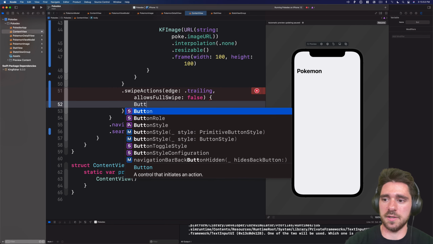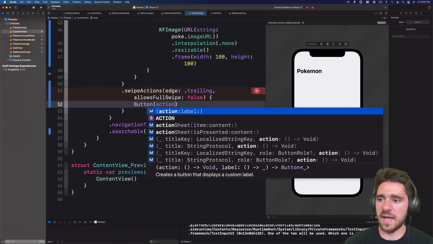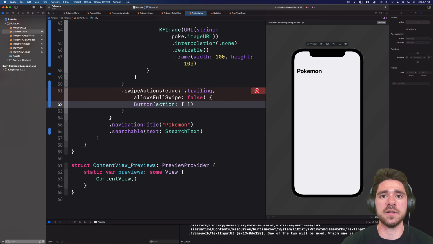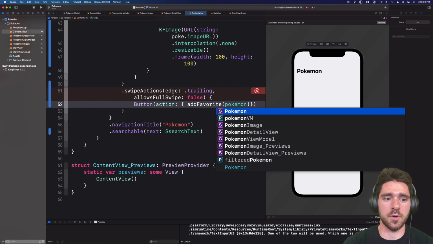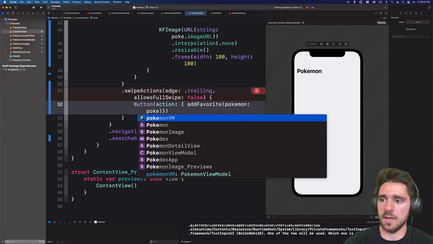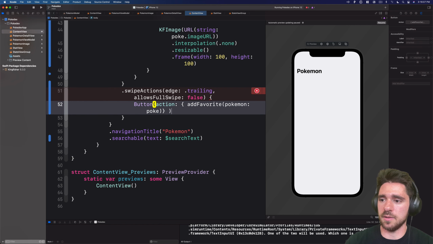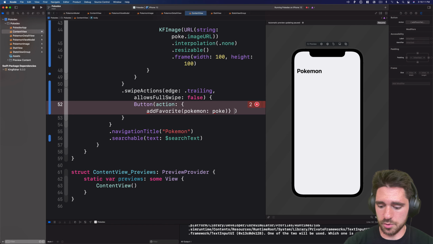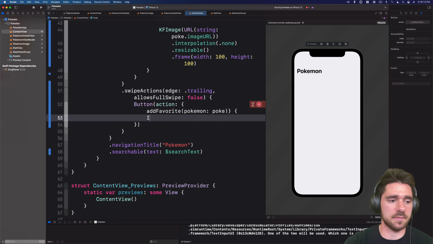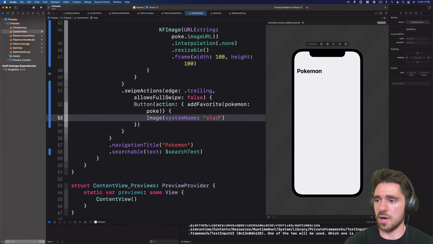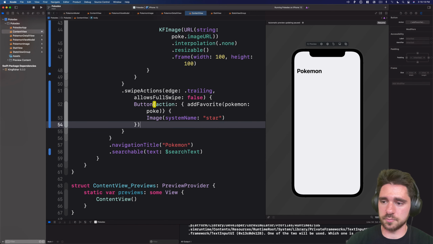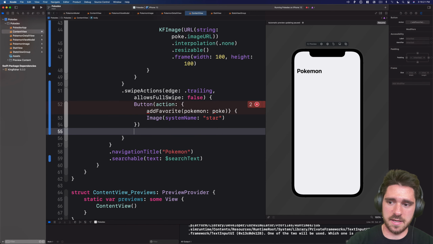So we'll do button with action. We haven't created this action yet, but we will in a minute. So add favorite Pokemon, and it'll be the Poke. And we will do an open bracket to use an image, system named star, and we will give this a